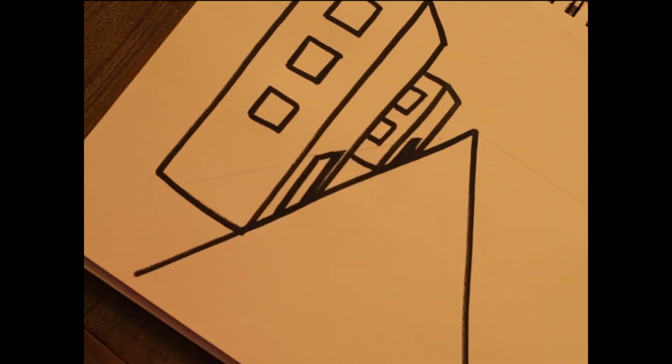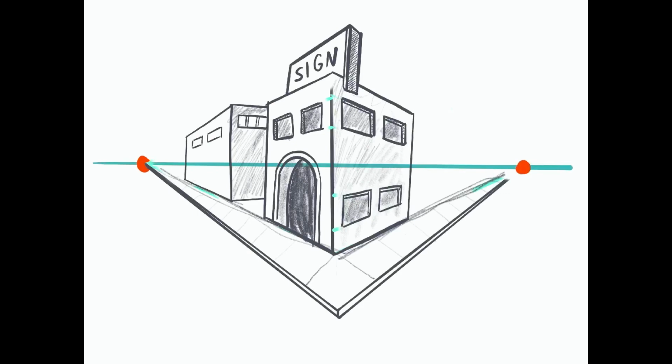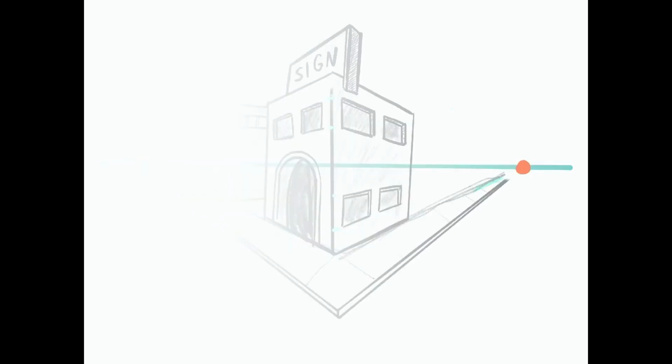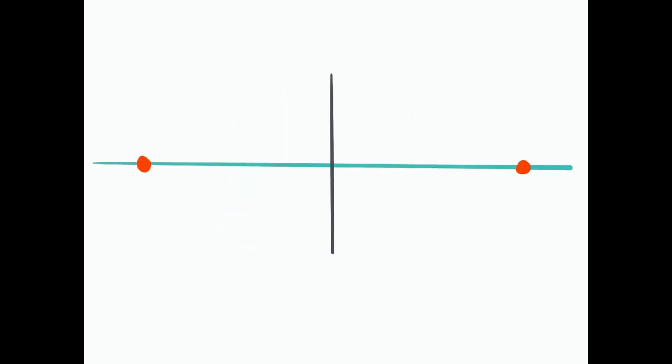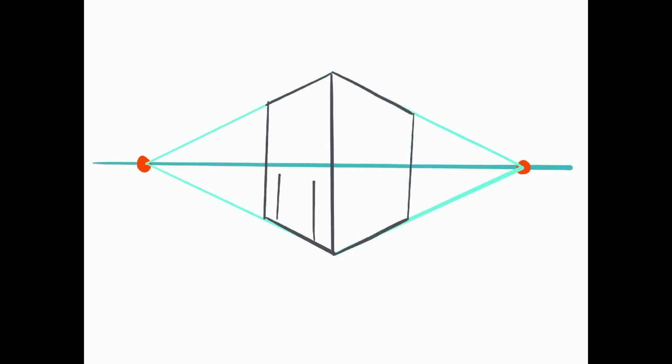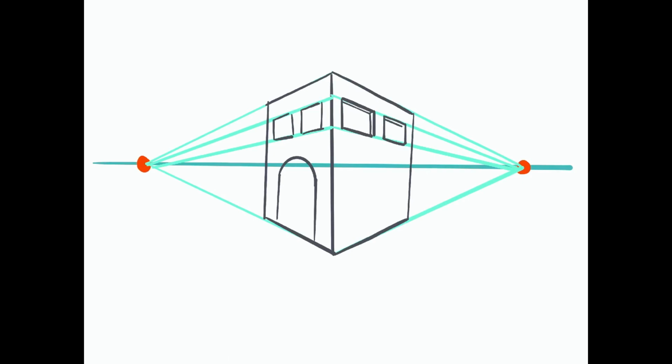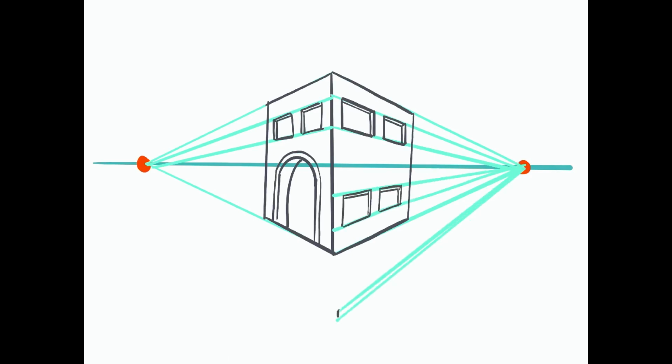So that is really how we use 1-point perspective. Now there is something else called 2-point perspective, and there's 3-point perspective and more, but basically I don't want you to stress about that yet. I really want you to master 1-point perspective first. But just so you're aware of it, there are other forms of perspective where sometimes there are multiple vanishing points.